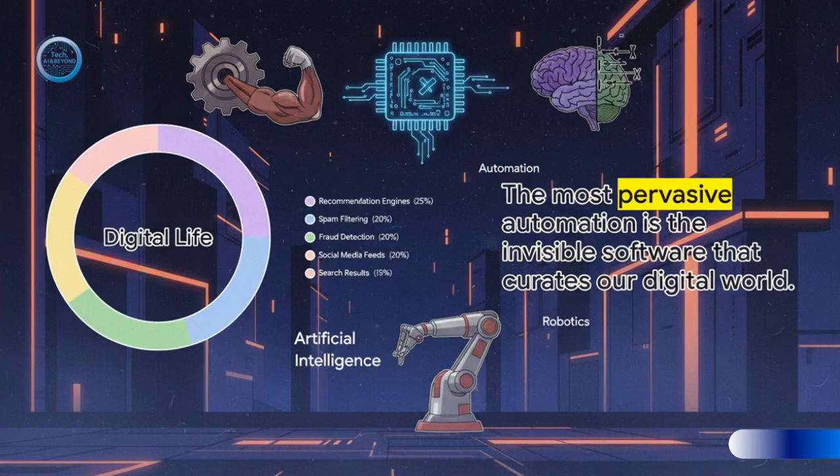And finally, we have the automation that touches our lives most often, usually without us even noticing. Our entire digital life is curated by these massive, complex automation systems. As this chart shows, a huge piece of this is recommendation engines. The algorithms on streaming sites and online stores that predict what you might want to watch or buy next. But just as important are the spam filters cleaning our inboxes, the real-time fraud detection systems checking credit card transactions for anything weird, and the incredibly complex ranking algorithms that decide the search results and social media feeds you see every single day. These are all automation systems working at a planetary scale.